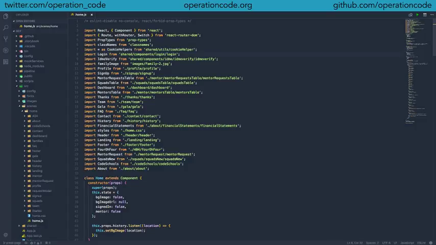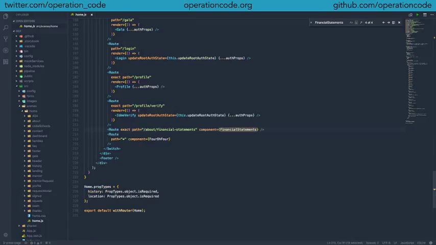And then as you progress down, you'll see that we're just importing straight up scenes from our home scene, or pages rather. I would count all of these as pages. So basically it's saying import the content from our landing folder for the landing page. And if I do a Command F on financial statements, it'll take us down to the root. As you can see, we imported it just to plug it in as a component here,